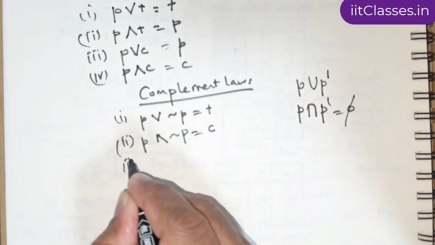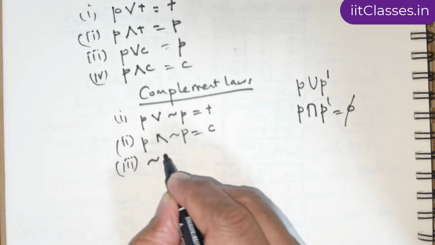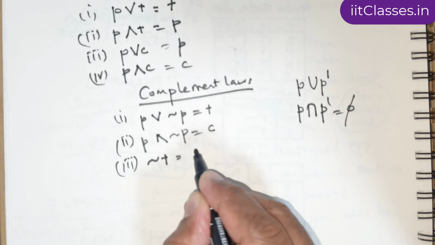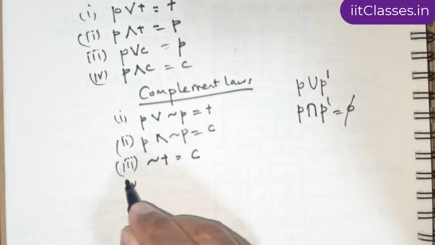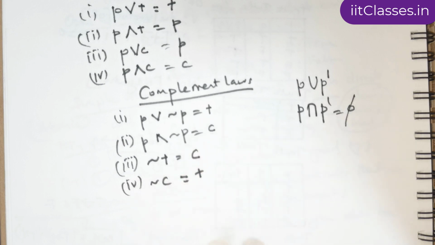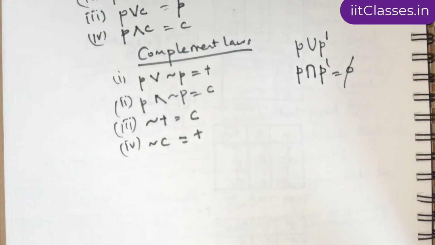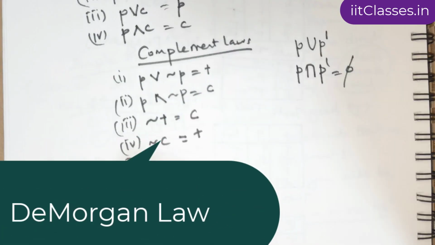So in this case it is going to be a contradiction. This is number 3. What is the negation of a tautology? That's going to be a contradiction. And what is the negation of a contradiction? That's going to be a tautology. So these are all straightforward laws. Now next comes De Morgan's